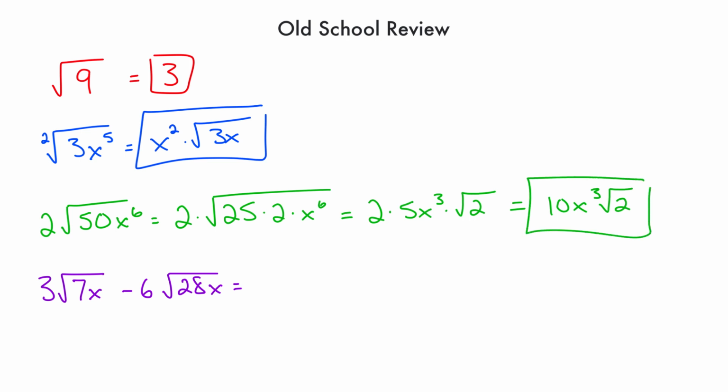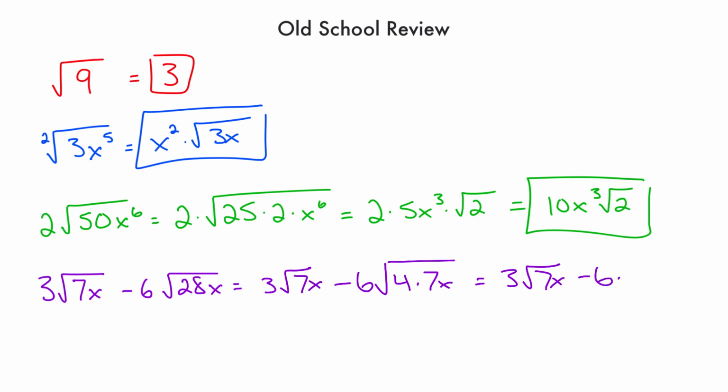And then lastly, problem number 4, we're finally dealing with addition and subtraction of terms that have radicals. We learned that you can only add and subtract terms with radicals if they are the same radical. This is a square root of 7x. This is not a square root of 7x. However, this radical can be simplified. So this is going to be equal to 3 root 7x minus 6 times the square root of 4 times 7x. And I can square root the 4. The square root of 4 is equal to 2. So it's minus 6 times 2 root 7x,